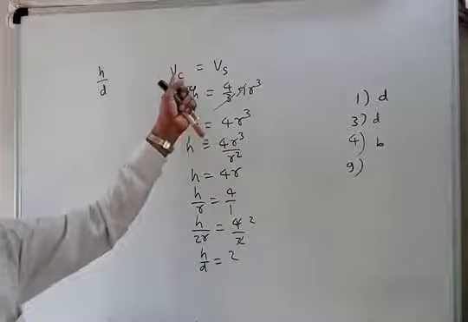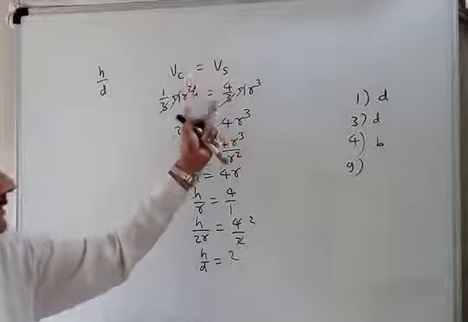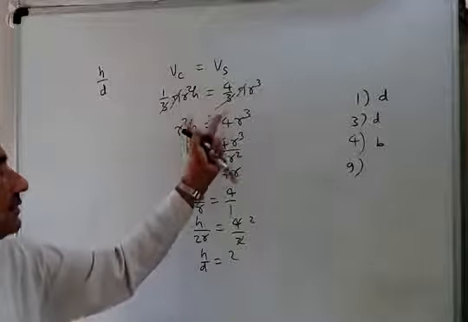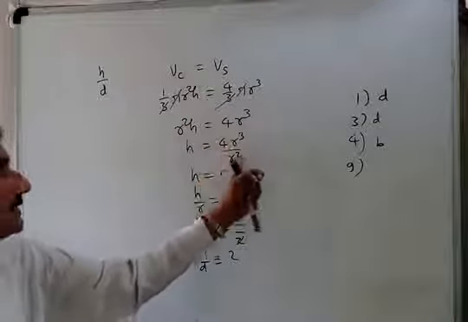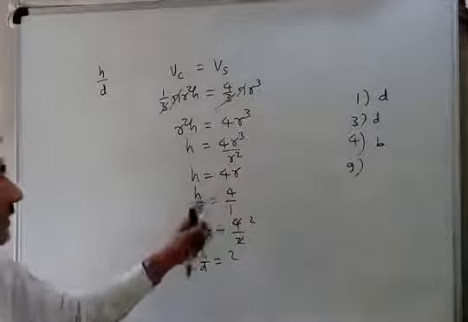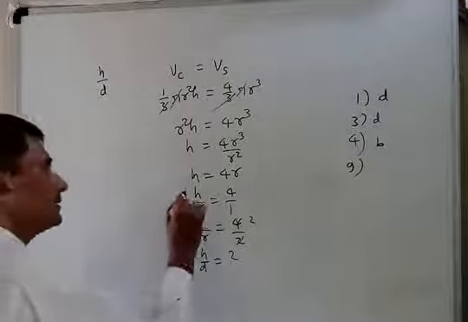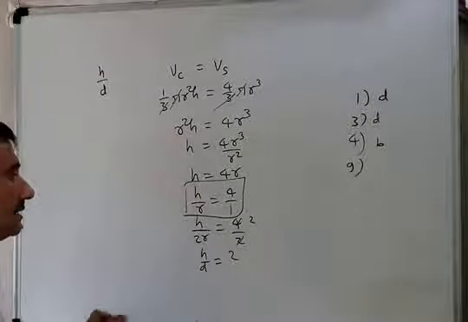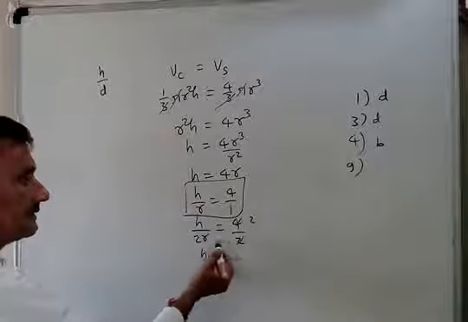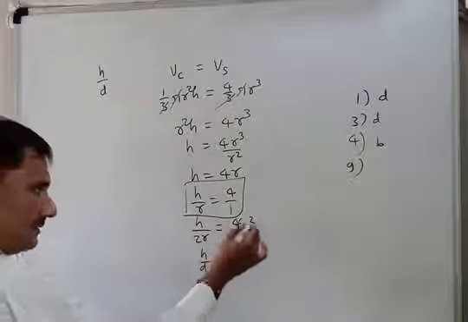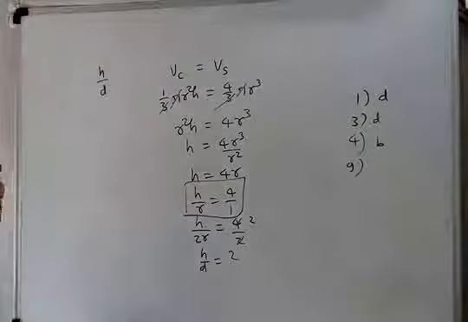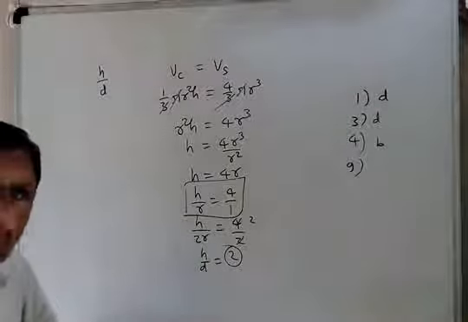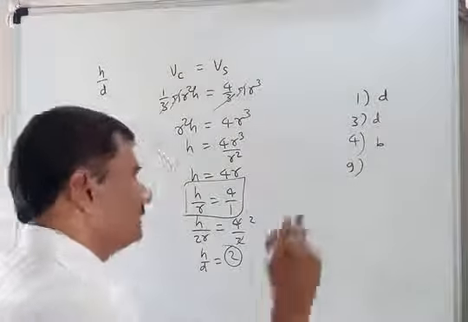Again, volume of cone and volume of sphere are given equal. So I just place both formulas, simplify, cancel out. Then r is shifted here, so it becomes 1r only. So we got h upon r first of all. After getting h upon r, that might actually be the answer, but they have asked height upon diameter. So I just make here twice, here also twice. So 2 ones are 2 here. Then simplify here. So h upon d, in place of 2r you can write d. So h upon d becomes 2, means 2 upon 1. Ratio is 2 is to 1. Okay, so in ninth one, answer is C.